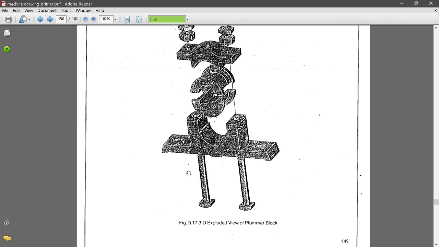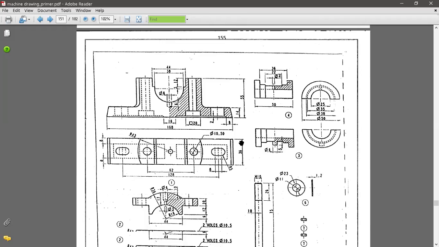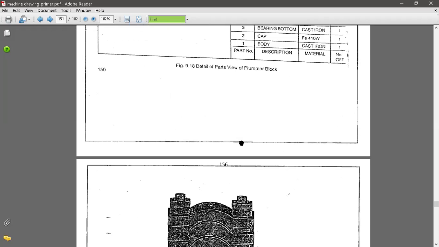You can observe here, this is the body. So from the body, the square headed bolt will enter. So this is the bottom bearing half. It will fit up here. Then the top bearing. Then the cap. And they are bolted with nut and lock nut. So it will show an alignment line here. So that means it will fit up in this fashion only. Once the assembly is complete, it will look like this.